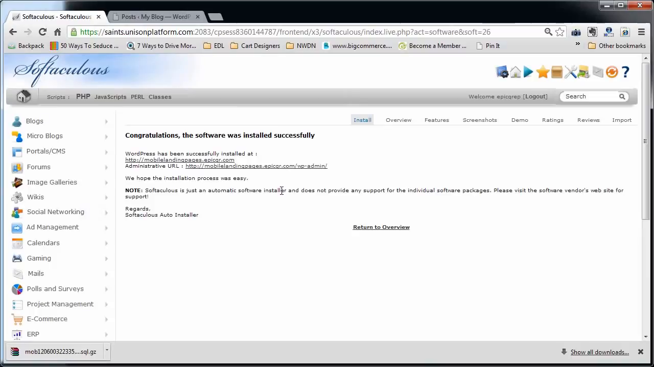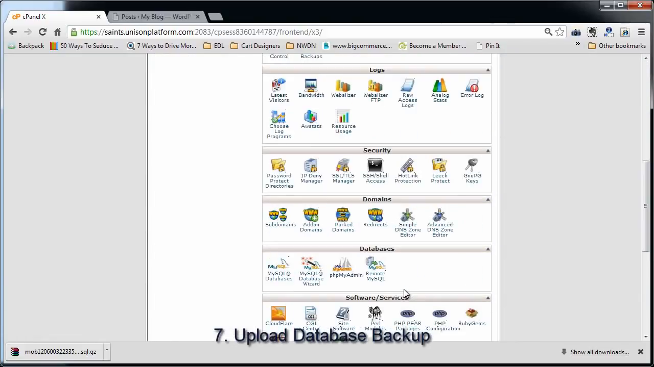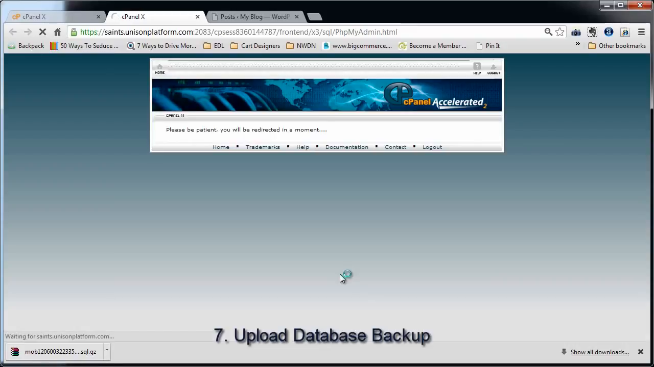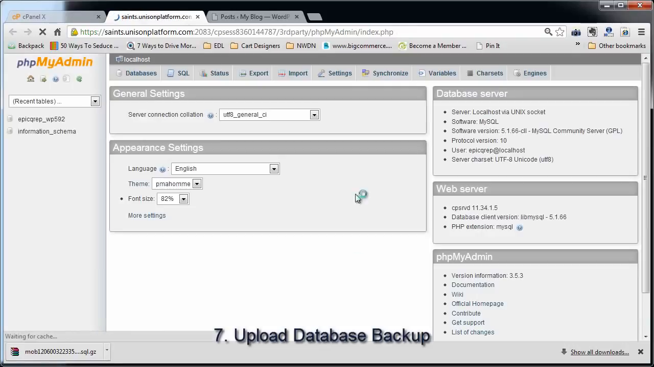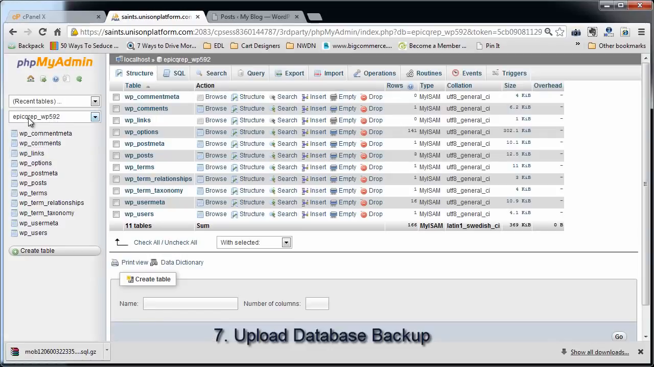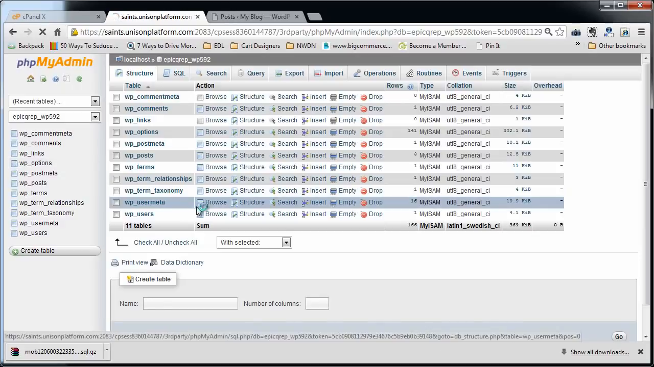So here's what we do to get the rest of the data in there. Now that all of the files are there, we're going to go back to our cPanel. We're going to go to something called phpMyAdmin. Depending on your host, there may be different ways to get there. This is how you do it through cPanel. So you click on phpMyAdmin, and you're going to see two databases pull up here. The one that has the unique name, in this situation Epic Rep, whatever, if you click on that, it's going to show you all of the tables within that database. We're going to click on one called WP Options,